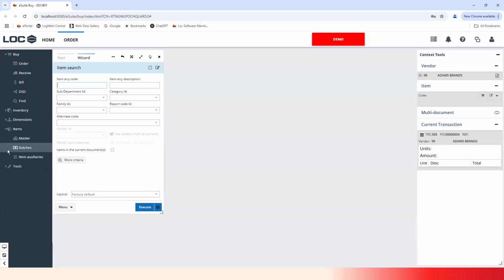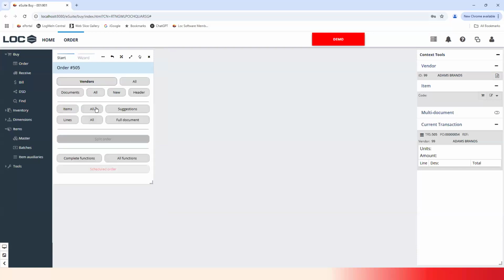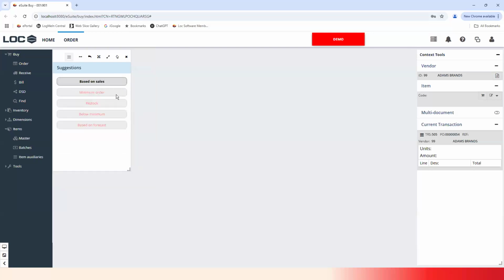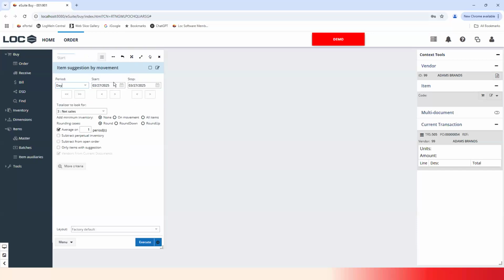That is still here in ThriVersA as well as SMS, but that would be when this becomes an option that you can then just choose a certain vendor that you're looking for. You can then also just click on all. This will bring all of the items that have a cost record associated with the vendor that you chose. And then suggestions. This is a suggested ordering that's available in ThriVersA. So if you click on suggestions, you can just do a suggested ordering based on sales. So you can just click based on sales, and you can look at some sales